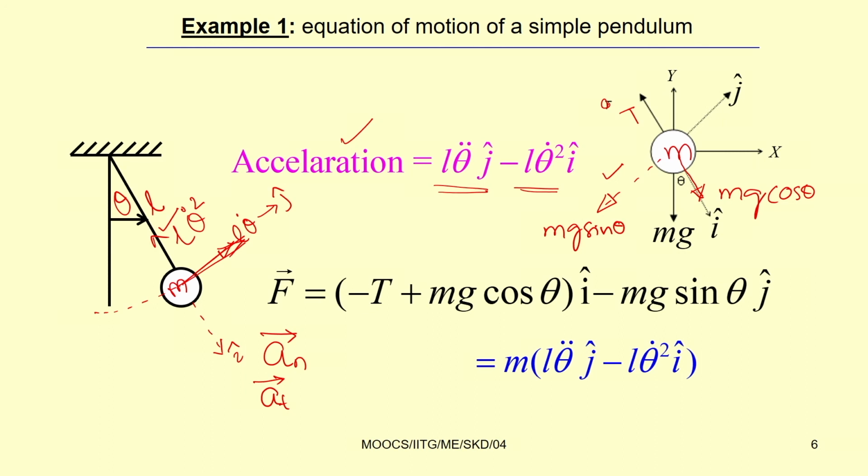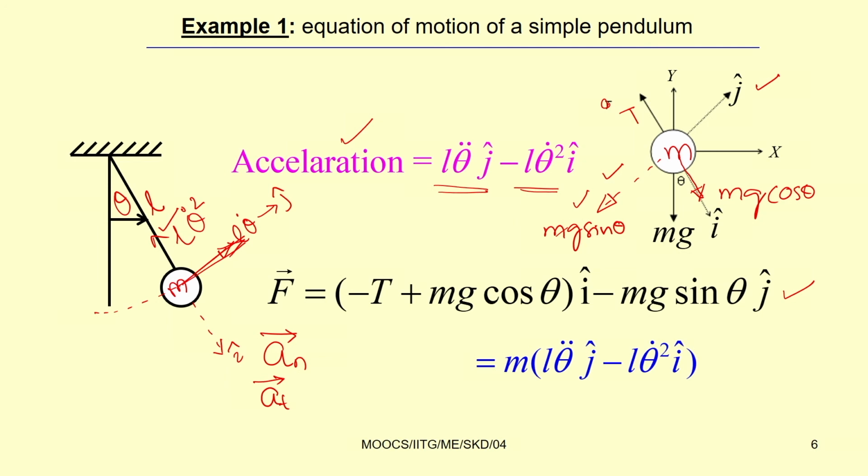So this is the external force acting on the system, and we can write the total force in vector form. As the i direction is taken downward, we have mg cos theta minus T along i, so the net force is minus T plus mg cos theta, i. Then mg sin theta is in this direction; as we take this direction as positive j, the opposite direction is negative j, so minus mg sin theta j. This is the net force acting on the mass.